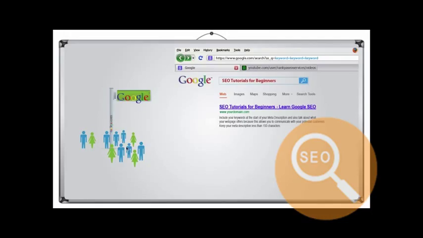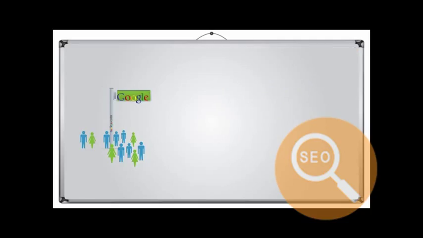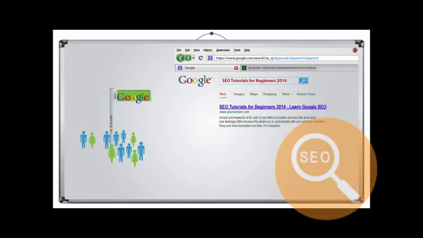When we think of SEO, the first thing we need to start to understand is our potential customers and the keywords that they will be using when they are searching Google for the products and services on your website. Now let's say I was to target SEO tutorials for beginners. By doing proper keyword research, it may be more intelligent for me to then target perhaps this keyword, SEO tutorials for beginners 2014, because when I do,